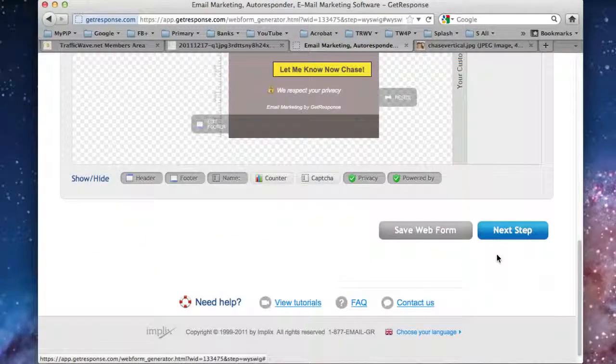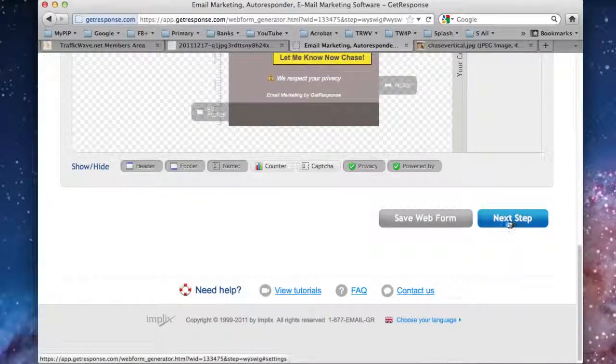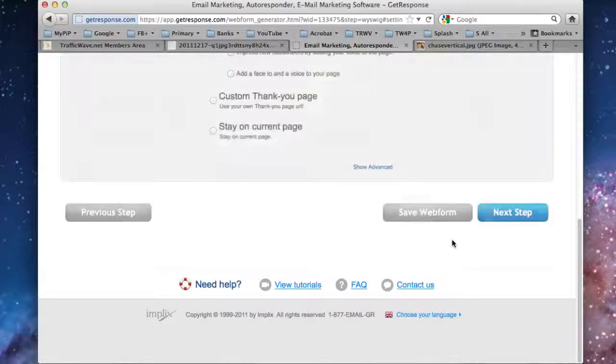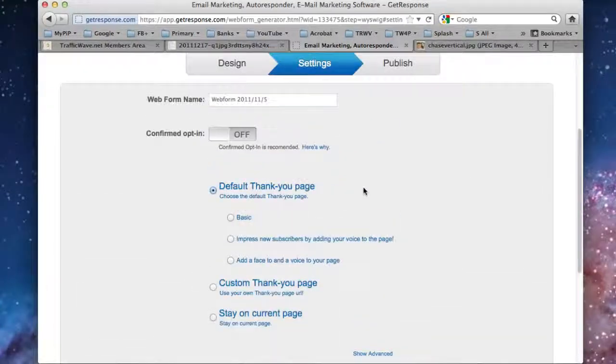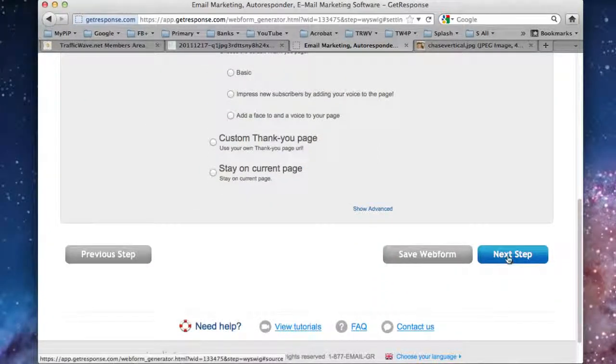Then just go down and click next step. And this next step will decide whether you want to take them to a special page. Now, we really don't know anything now, so I would just leave it to the default thank you page, and that way it just automatically takes care of that. And in fact, if you do a single opt-in, they won't really even need that. Okay, and then just go down to the next step,